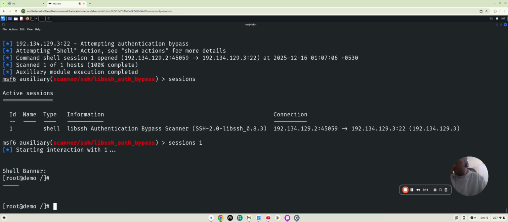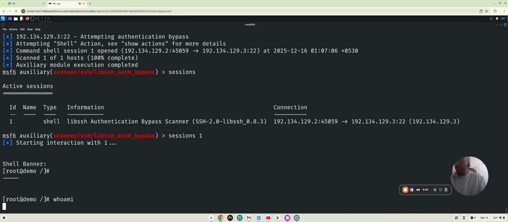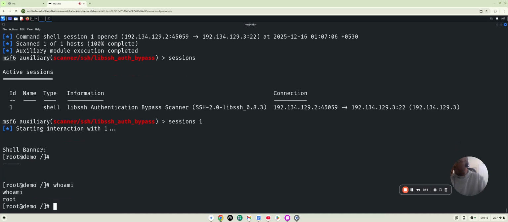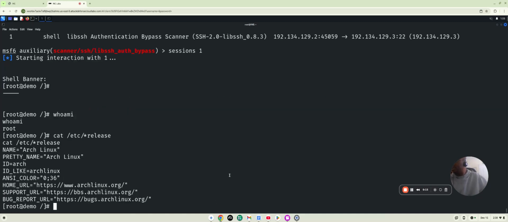Let's run a few commands here. Who am I? We can see that I am indeed the root account. I'm going to say cat /etc, and let's find some more information about the operating system distribution. So I'm going to say /etc/*release, so any place that says release within the etc directory. It's telling me that this is running Arch Linux, and all the information regarding the Arch Linux